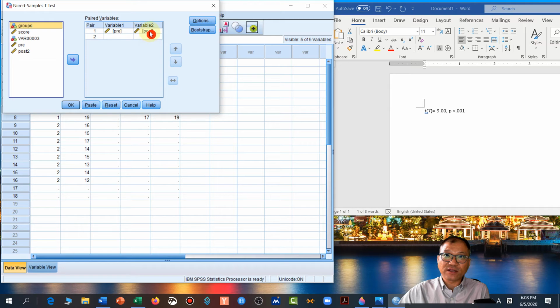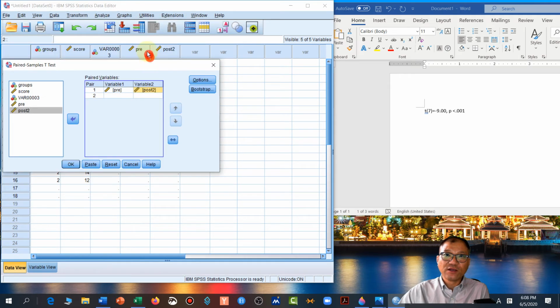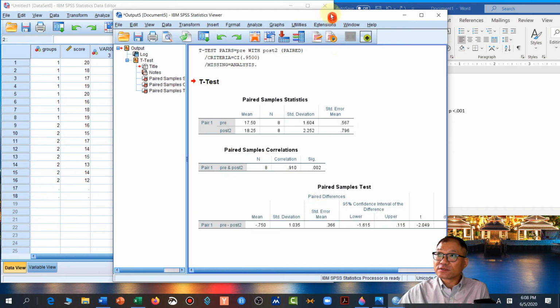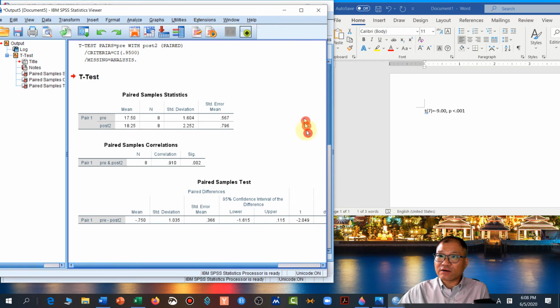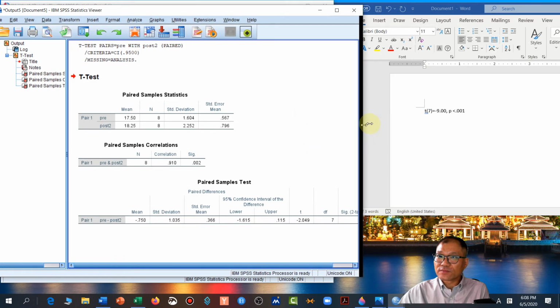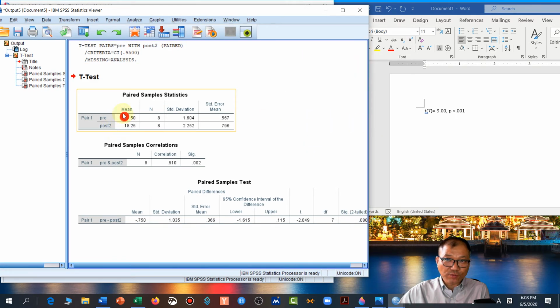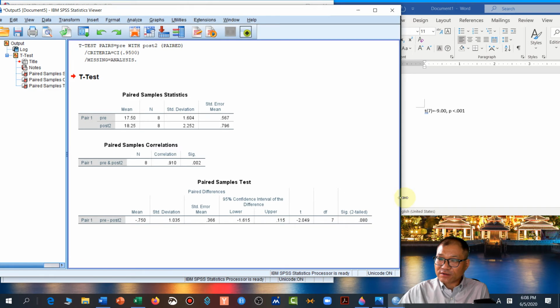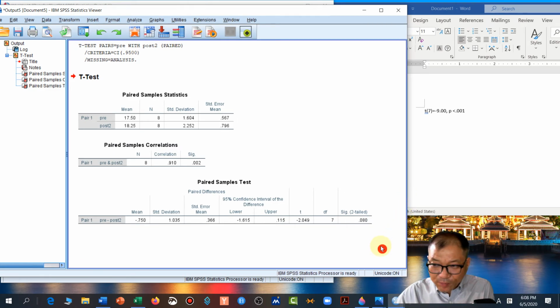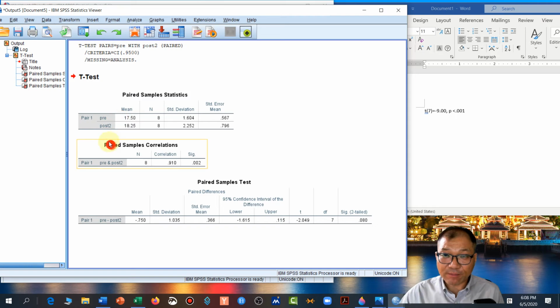So now you have seen 2 significant cases under significance. Let's take a look at the last example. So now you want to compare the mean difference between pre and post number 2. So don't worry about this one. Now you don't have post 1. Now you have new data right there. This one you don't see on your handout. I just created it to show you